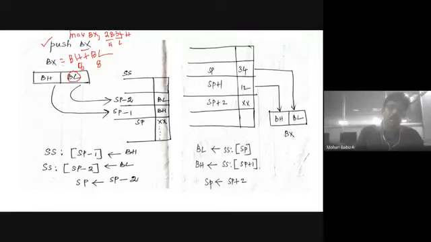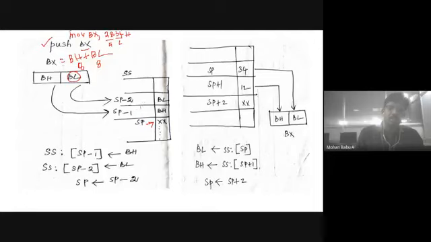So here, the main thing is what? I will need to transfer the data stored inside the register BX into the stack segment. The stack segment can store some temporary data. Initially, the stack pointer is pointing at some address location which has some data. It can be any number. If I push some data into the stack, is it stored on top of the stack or bottom? It will be stored on top of the stack.